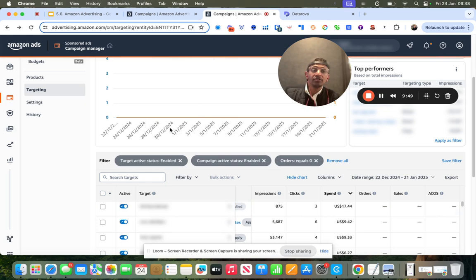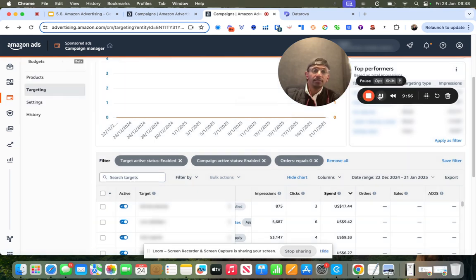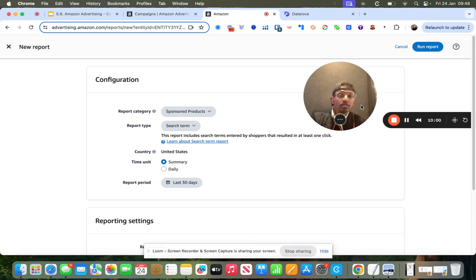So next will be the search term report. If you go to measurement and reporting and then go to sponsored ad reports, which I'm going to click on now, give me a second, you can now run detailed reports. Search term is the best place to start, I think, because it will tell you, if you've got any automatic campaigns or broad keyword targeting campaigns, what are the actual searches? What are the actual ASINs that Amazon deemed relevant to what you're targeting that has been shown to trigger your ads appearing? So you can get these search term reports and then download them and figure that out,